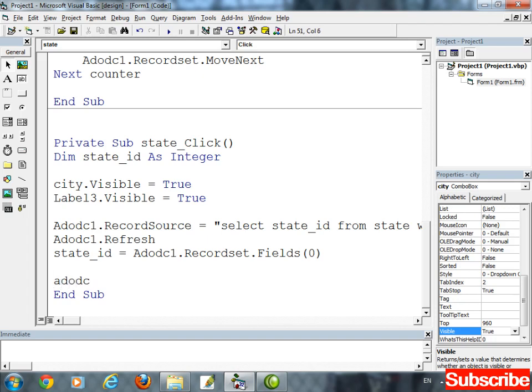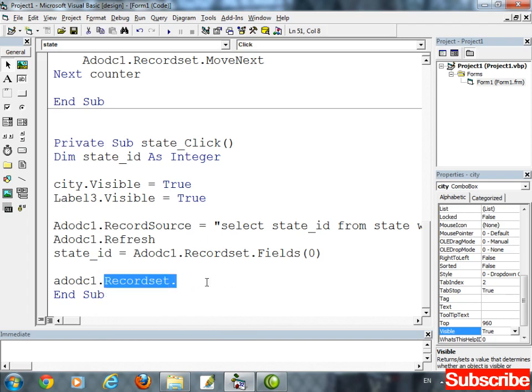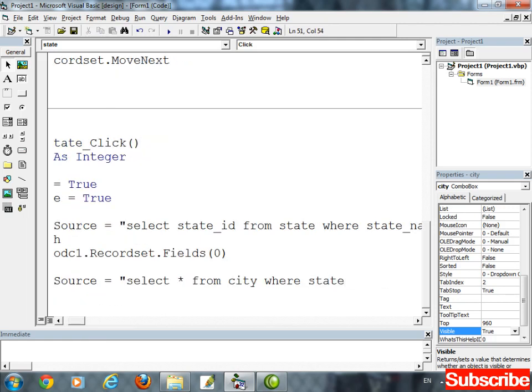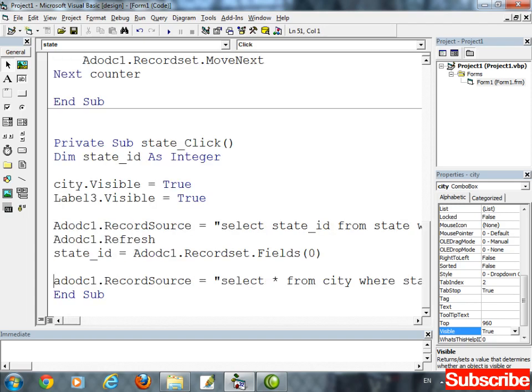Again, create a record source for displaying cities. RecordSource equal to select star from city table, where state_id equal to, close double quote and concatenate the state_id variable, this one.